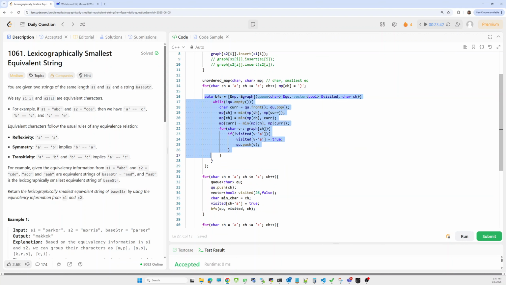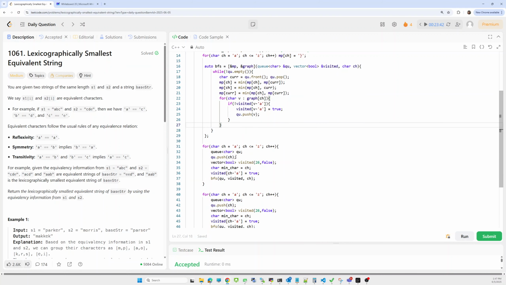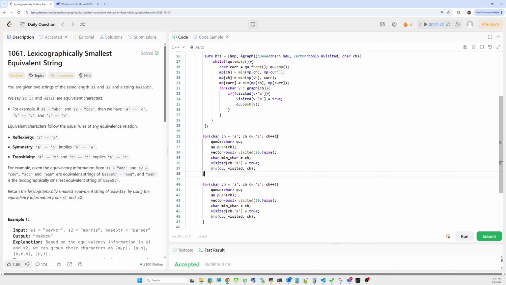Now this is our method for bfs. After that we'll look into this bfs. Before that, what we did, we have to do bfs for each node, for each node a to z. In that, we'll append the current node in the queue. We'll create one visited array, means we have to stop also, because we don't want to traverse each node again and again. That's why we'll take the visited array here.